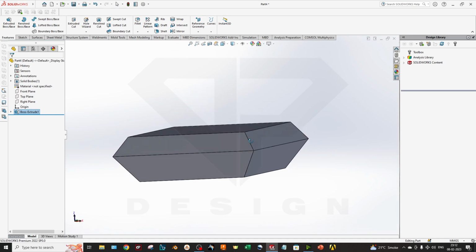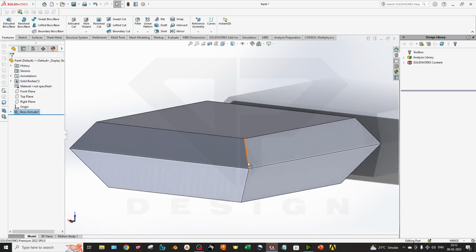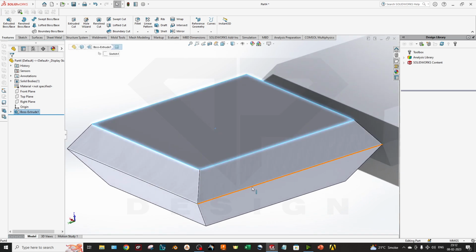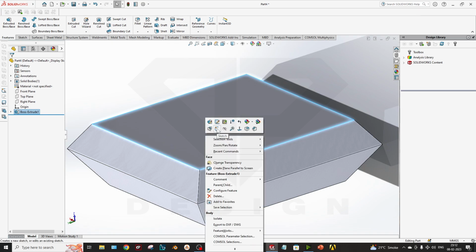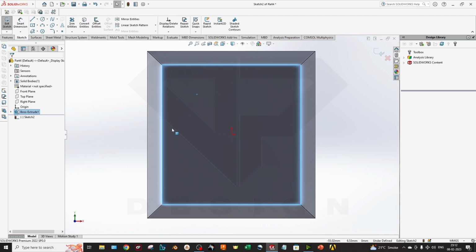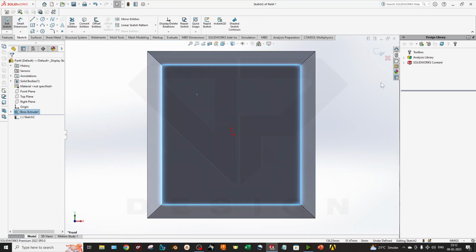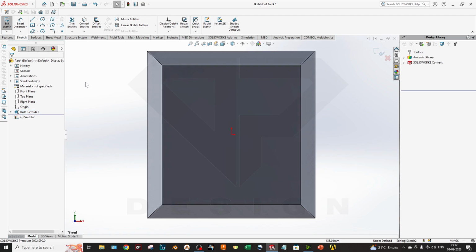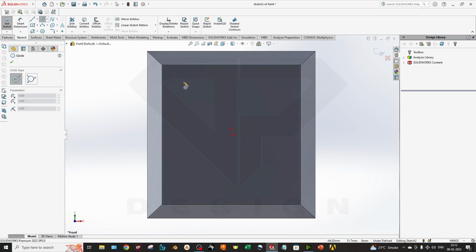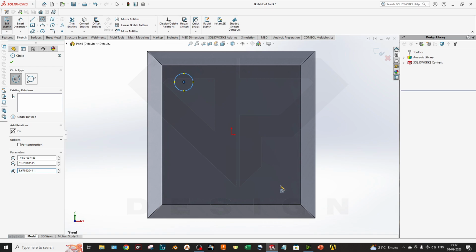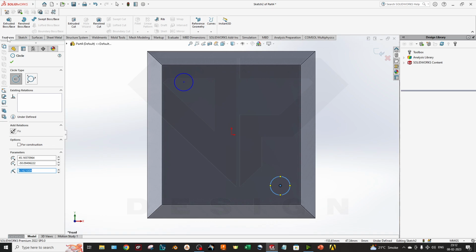Now on any linear plane you can sketch. So this is my linear face where I can sketch. So I will simply click on it, right click and go to the sketch. Yeah, this origin shows that you are in a sketch. This symbol is showing you that you are in a sketch. Now I will draw something like this, a circle. Yes. If I want to extrude,